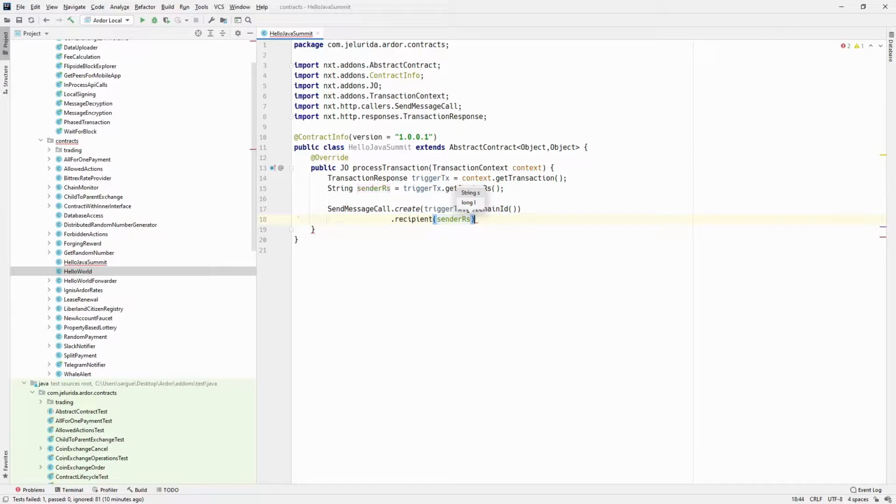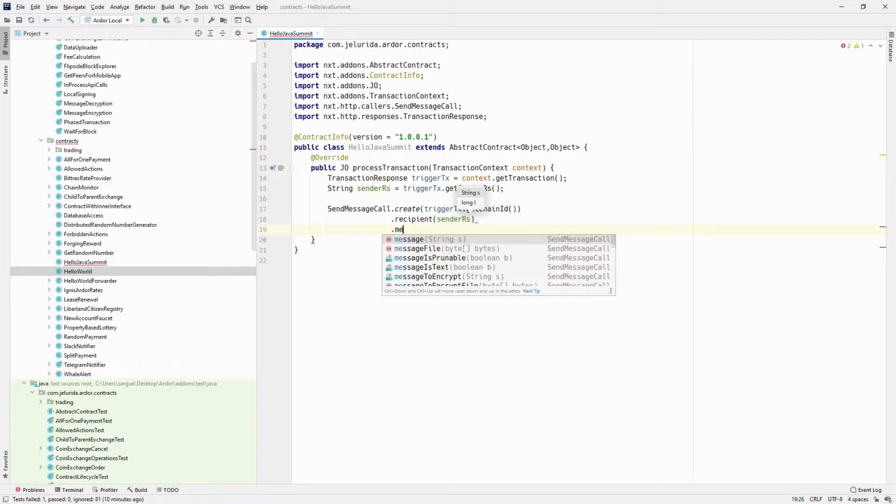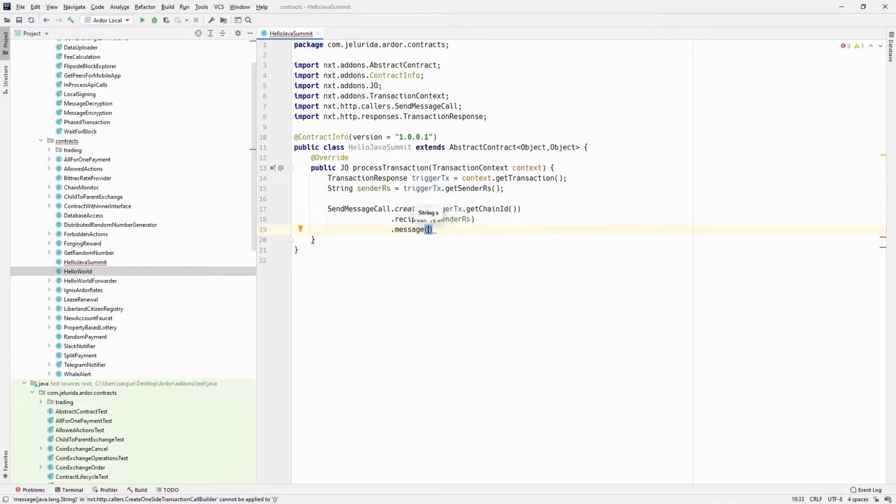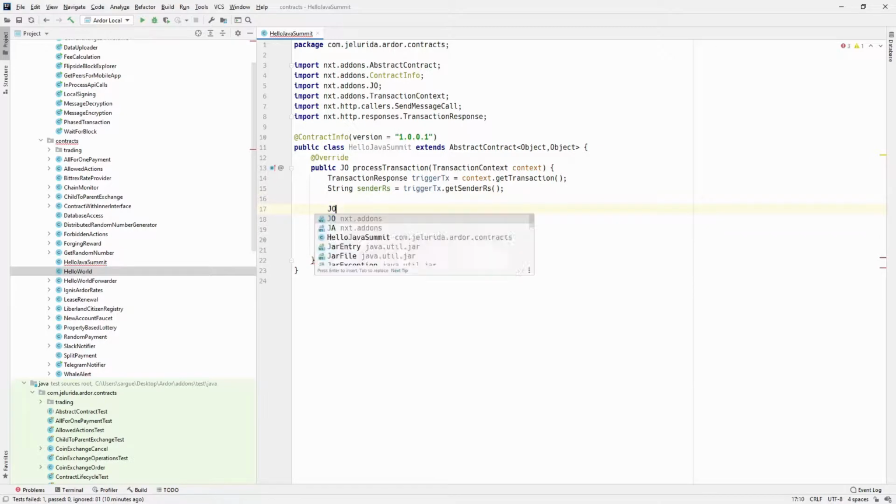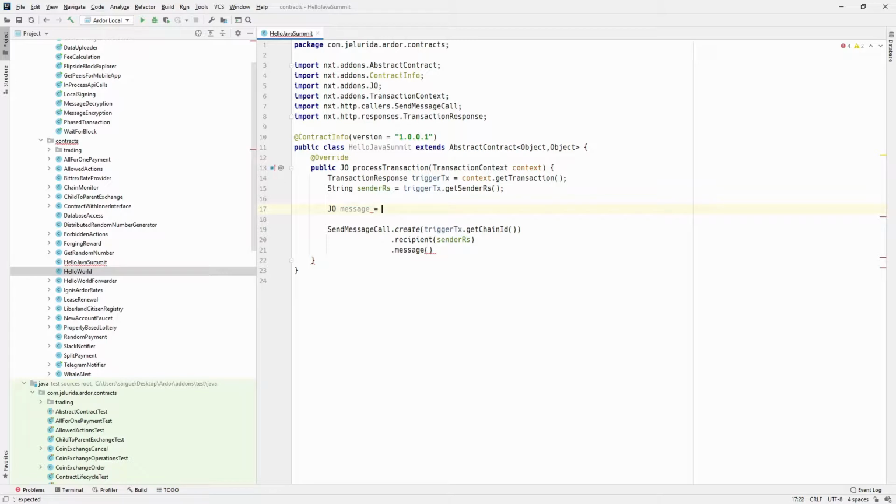And I want to send a message. So for this I'm going to use JSON. So let me first build the message. JO, it's like a simple object that encapsulates JSON. So for creating a JSON object, I just add a text and say hello and the address of the sender. Nice.